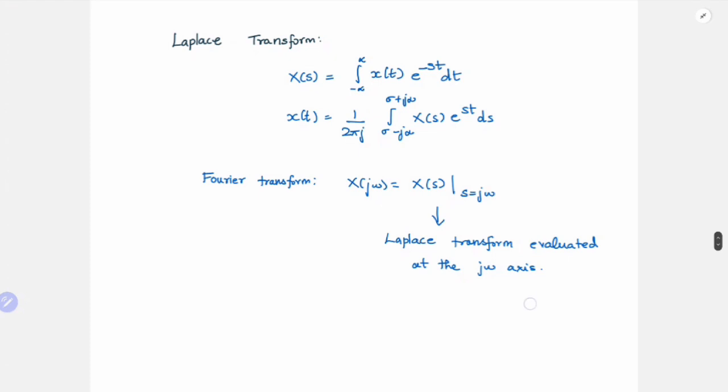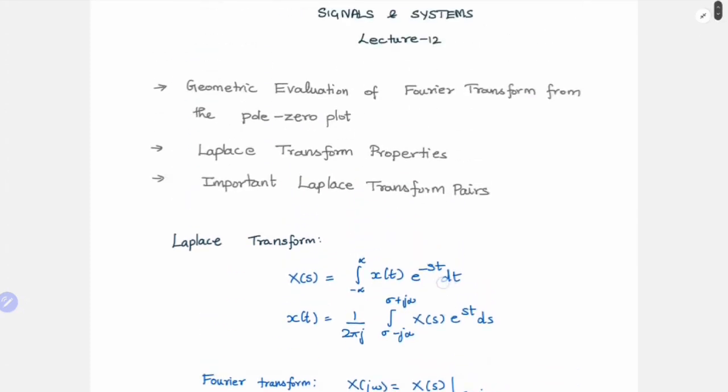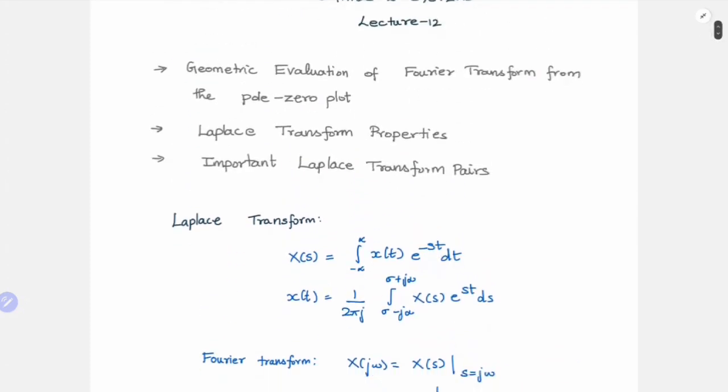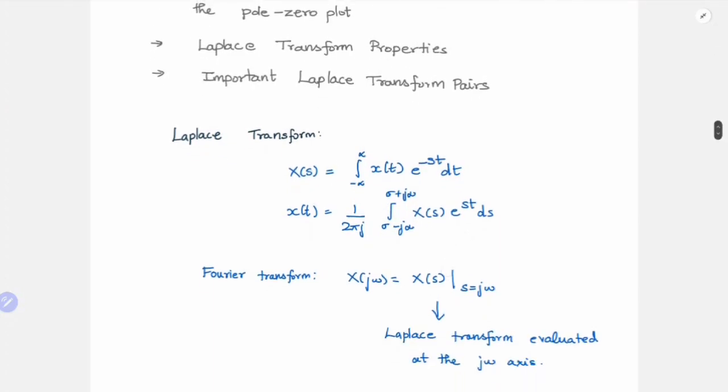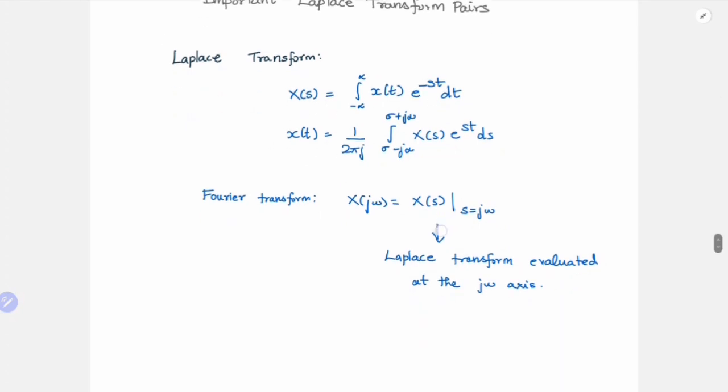So sigma is 0 here. Using this, now let us see the geometric evaluation of Fourier transform from the pole zero plot, or in general let us see, for any given s1, how do we actually visualize this x of s from the